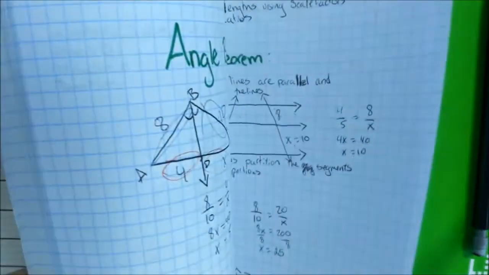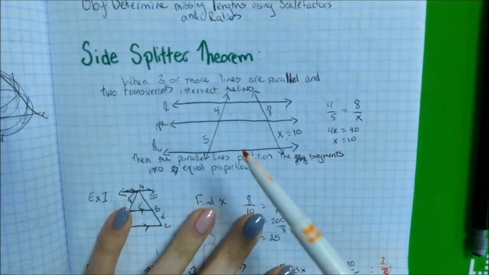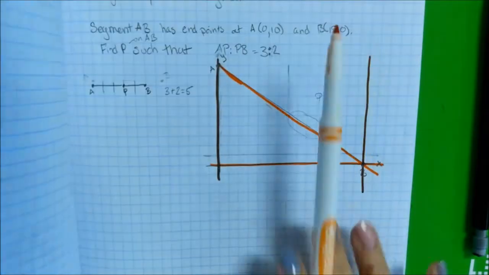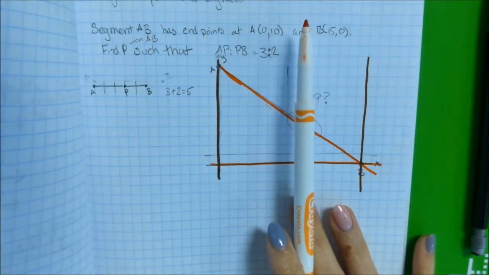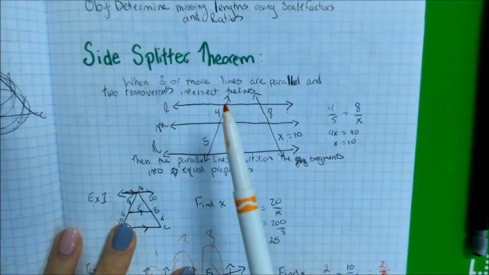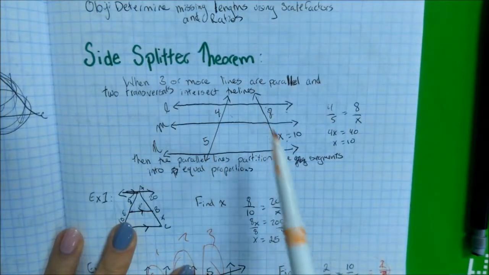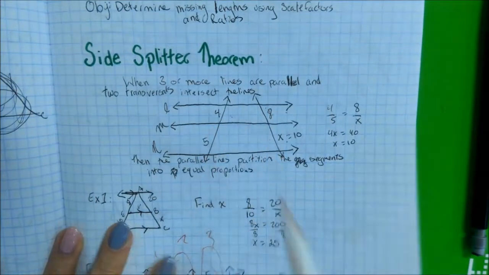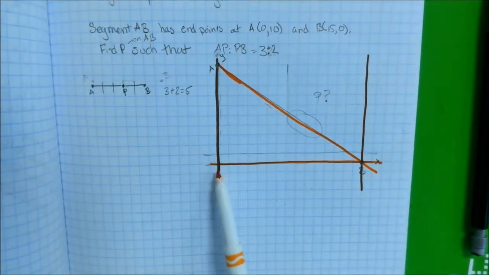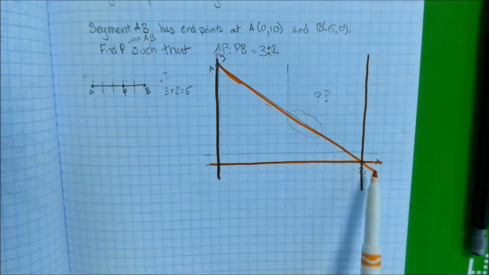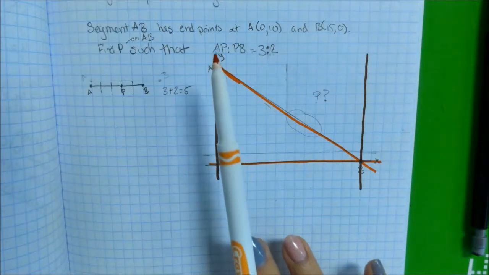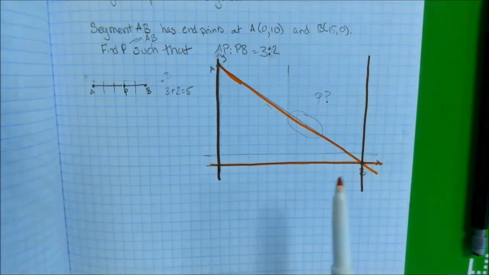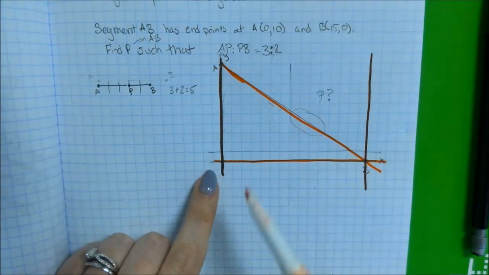that side splitter theorem, remember, kind of said that if I had 3 parallel lines, which I know my P is going to be, my line for P is going to go somewhere through here, okay, then I could partition them into equal ratios. So if I partitioned this into 3 to 2 and drew a vertical line through it, that would also partition AB into 3 to 2. So I'm going to partition this little segment down here